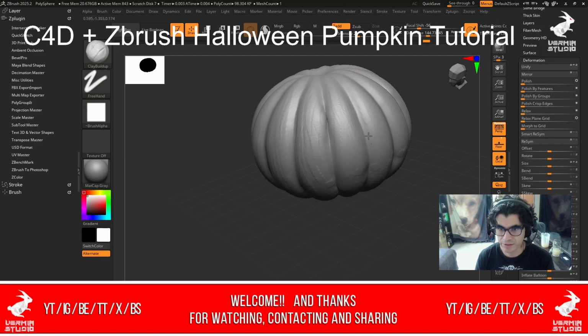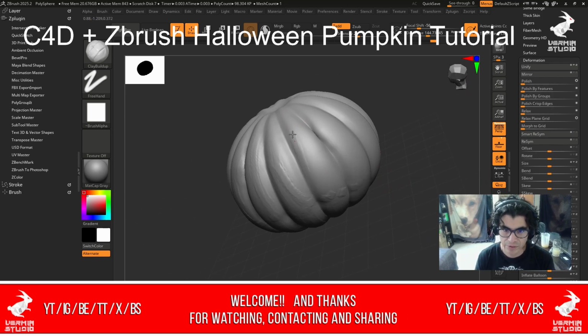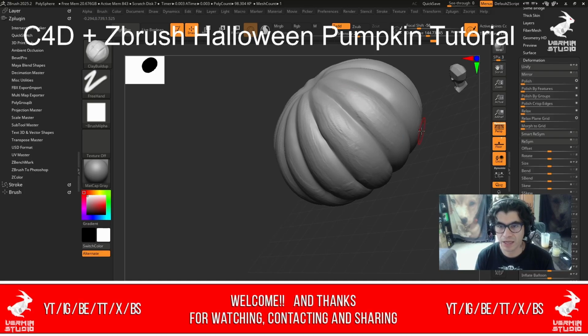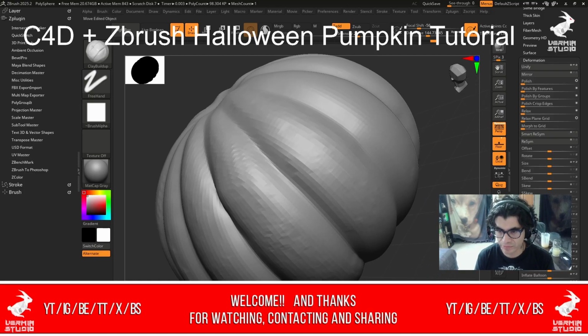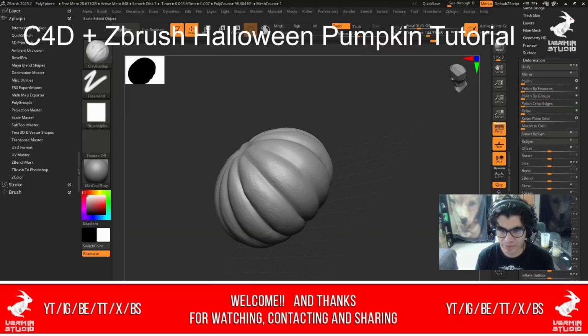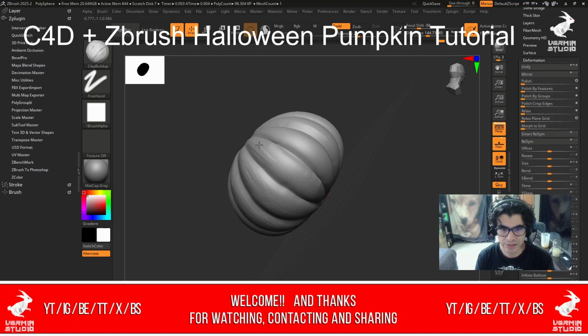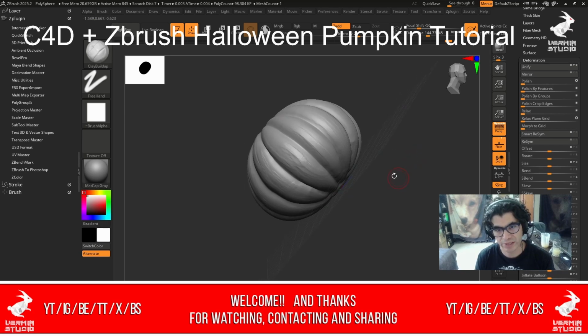So we can continue trying to add more and more texture to the surface, try to be irregular, so that it has the appearance of a real vegetable, an organic form with irregularities all over the surface. So yeah, continue with this, and just remember that if you think that you're